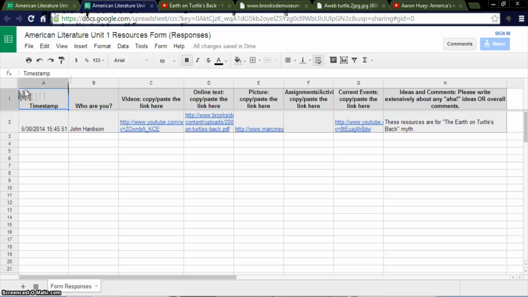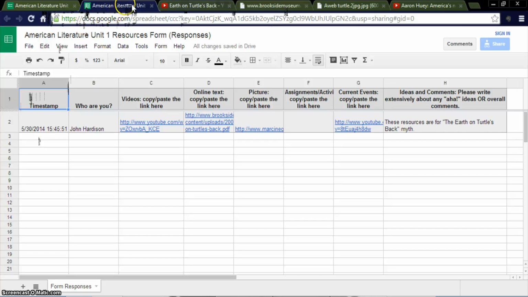Now, what's cool about this spreadsheet is I can later download it as a Microsoft Excel document, and then I can manipulate the data any way that I need to. I can even save it as a PDF and send it out to where people have that on their smartphones. Or of course, I can just share it with all of my colleagues and say, hey, here are the resources we now can use to go build unit lesson plans, especially if they are going to be blended lesson plans.